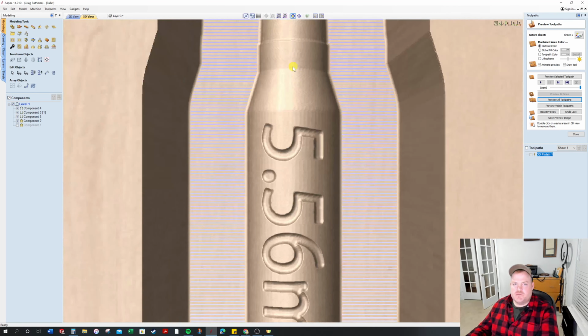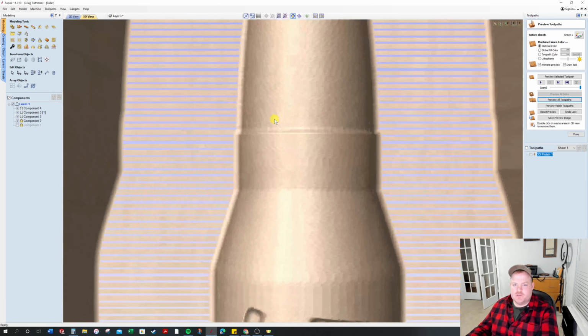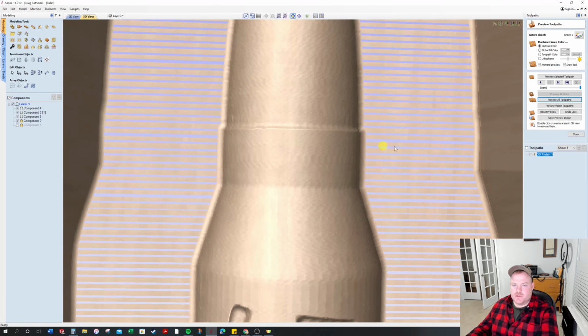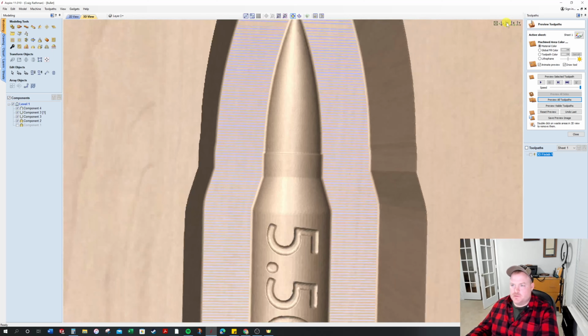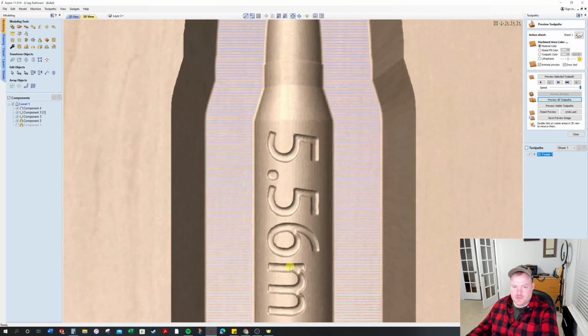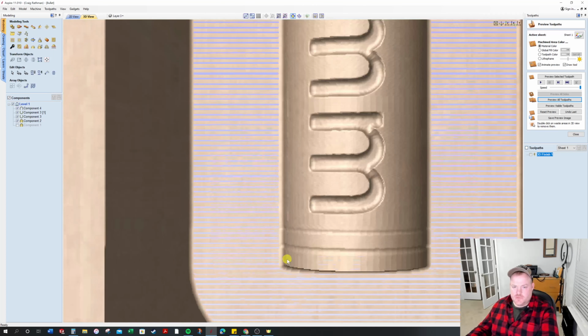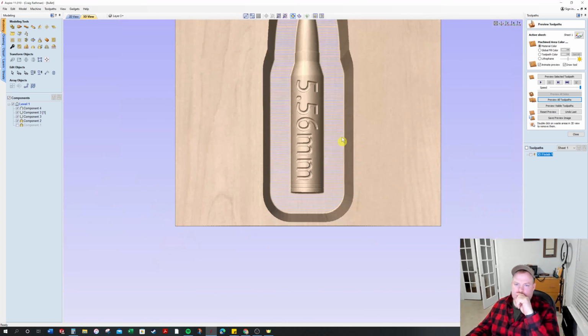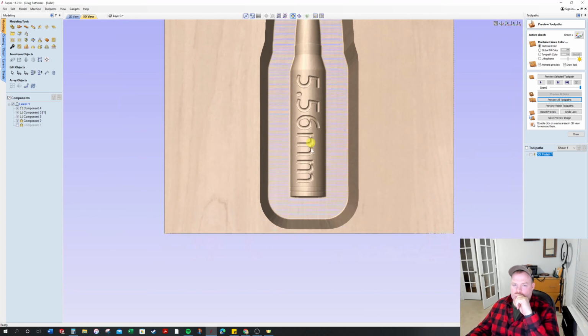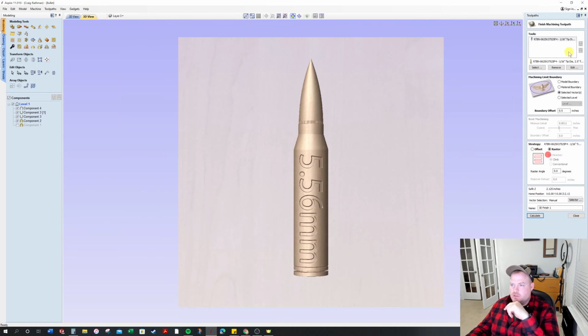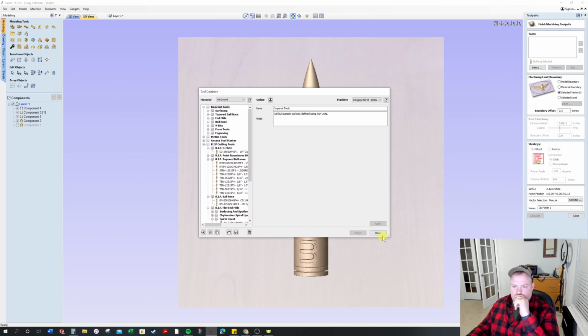So sometimes you have to exaggerate features, because see how it didn't really show up. And also you could use a smaller bit. So you might want to exaggerate this feature, make it deeper or make it wider in each of these so that the bit can fit down in there and get more depth and definition in there. So you could also use a smaller bit. So we can go to a